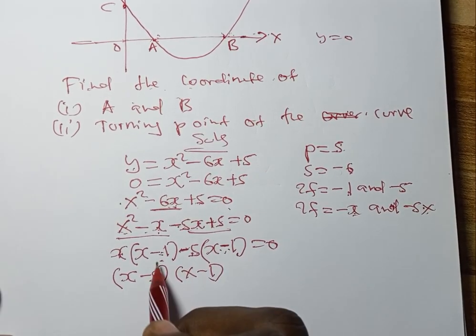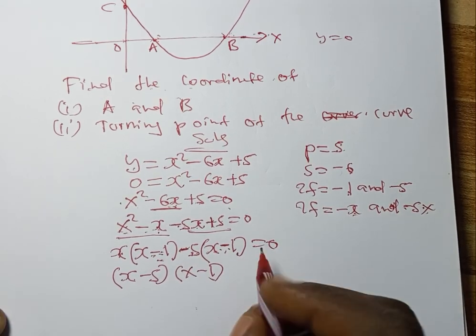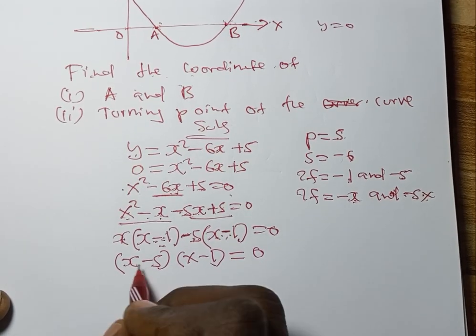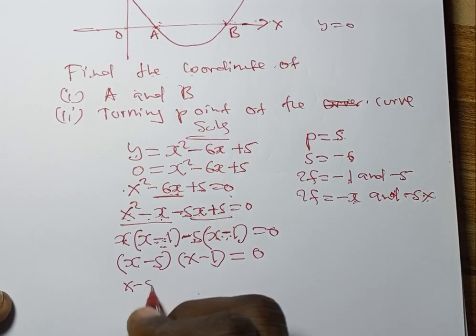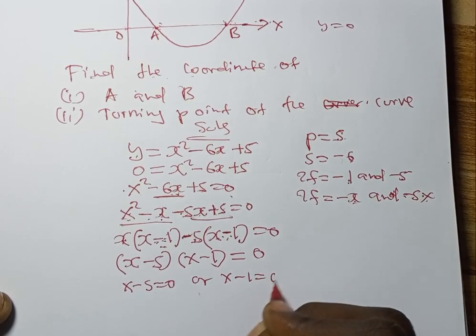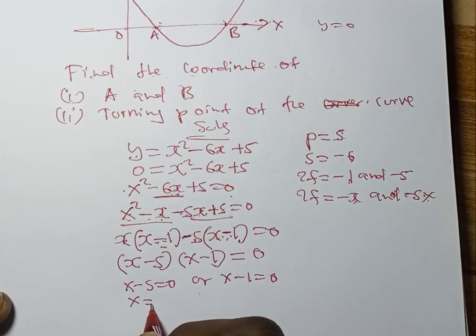But once you find that these two terms are different, which means there's a mistake on the factors, which is equal to 0. So at this particular moment, we have x minus 5 equal to 0, or x minus 1 equal to 0. How do you find x here? x will be equal to